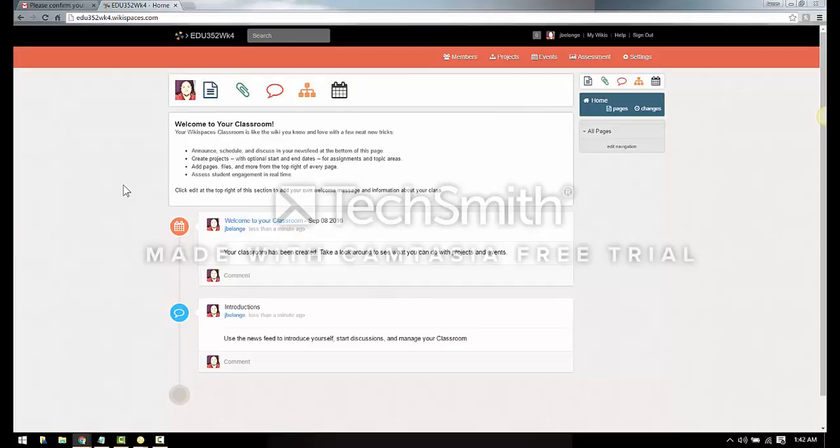We can do many different things, such as add pages, which we will do here through this icon. We can add files or upload files. We can add discussions. We can start projects that we can actually collaborate with other students and teachers on. Or we can schedule events. Now, for me, events is